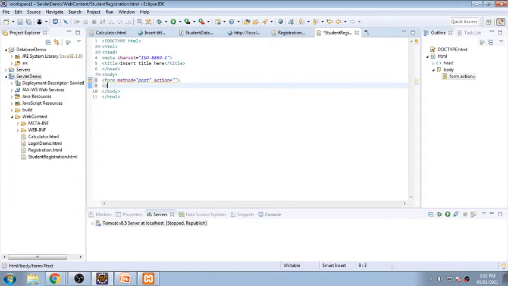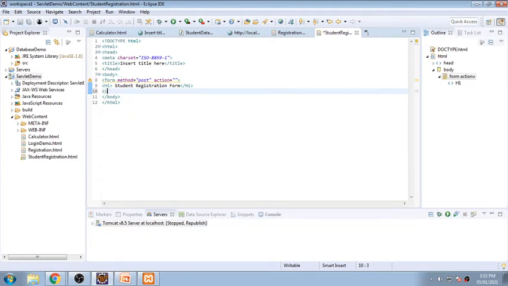Now into this I will be writing h1, and in h1 it will be student registration form. That's it. I am closing this slash h1. So that will automatically be created because it is an HTML editor.